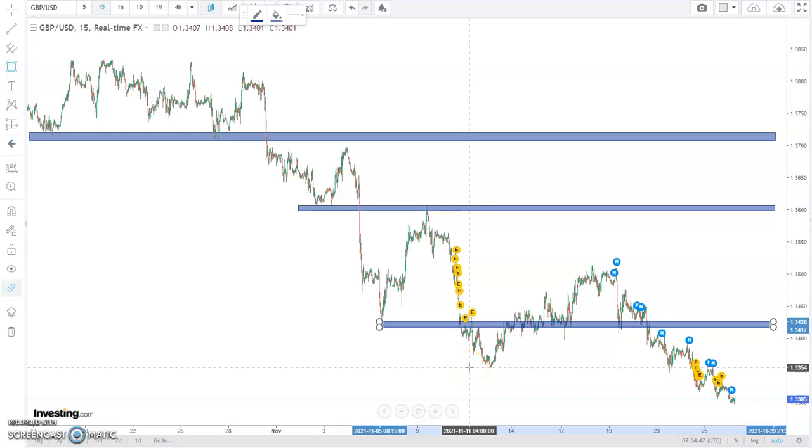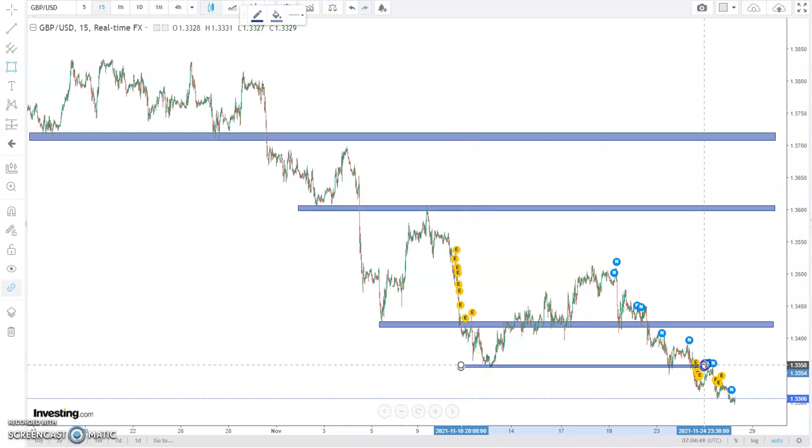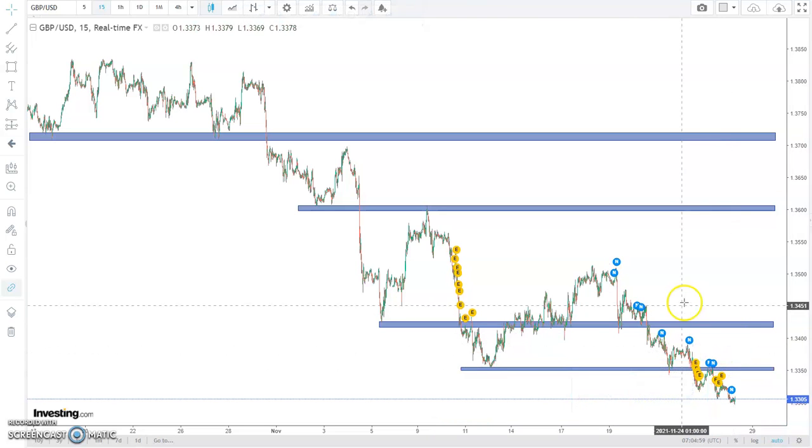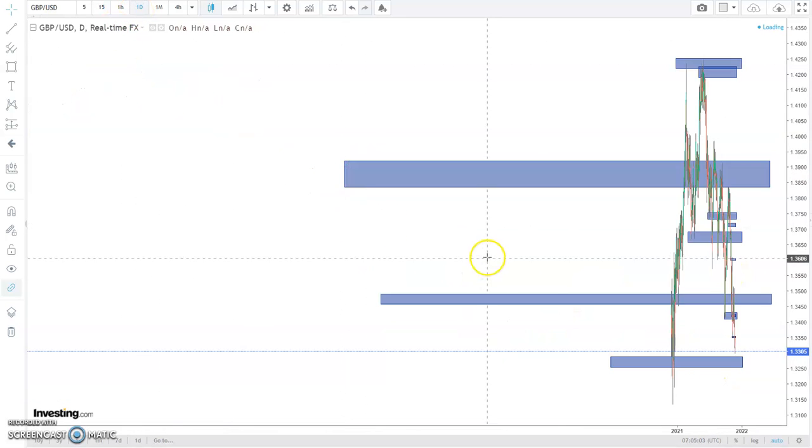I'm going to mark this off, because this is a 15 minute area, because price touched almost 1, 2, price went there, price touched there. So that's my 15 minute resistance and support. So if I go back to my daily,